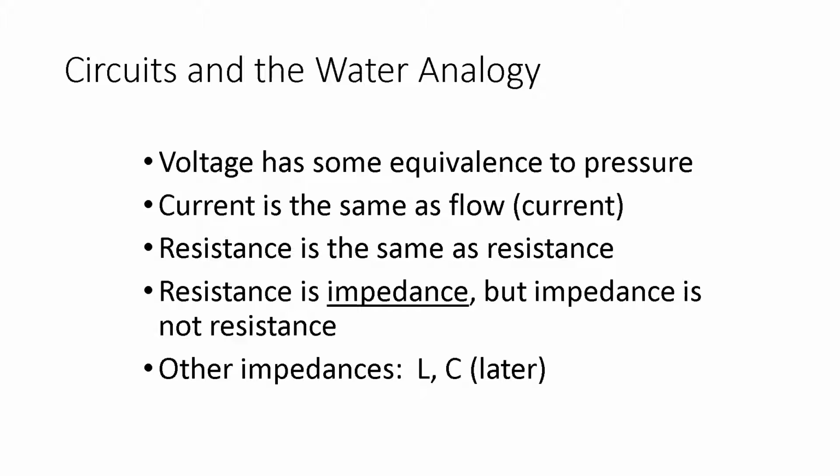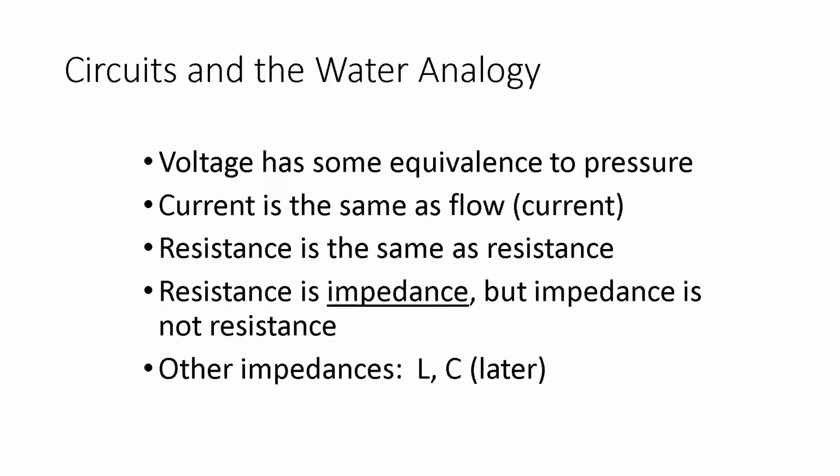We have current is the same as flow. That's a very good analogy, actually. So water current equals electrical current. You kind of think of them as the same. With water current, you have an amount of water or mass pushing through a pipe at any given point in time, trying to flow through that pipe. Same with electrical current. You have a bunch of electrons trying to push their way through a wire at any given